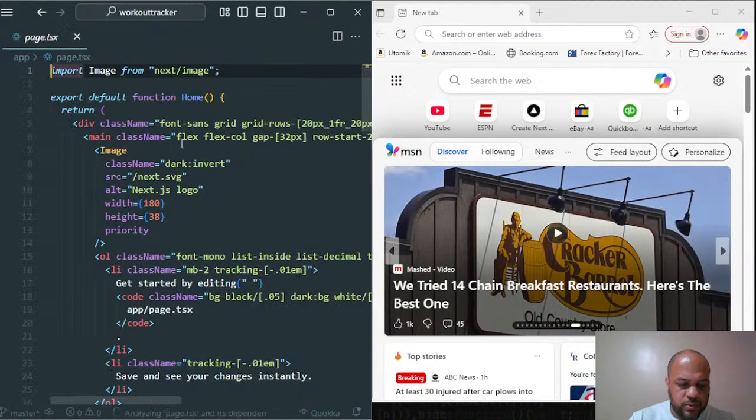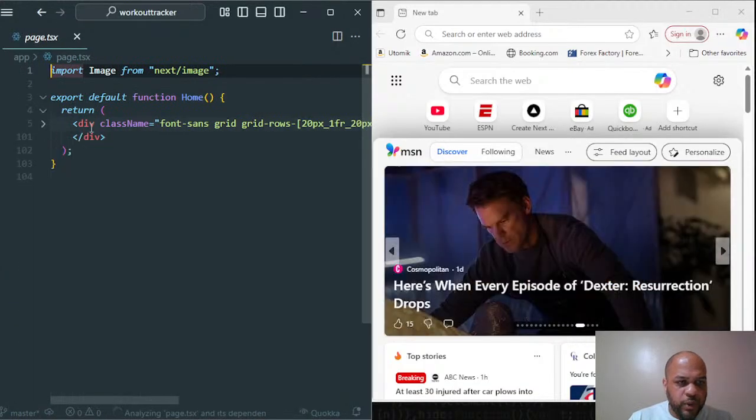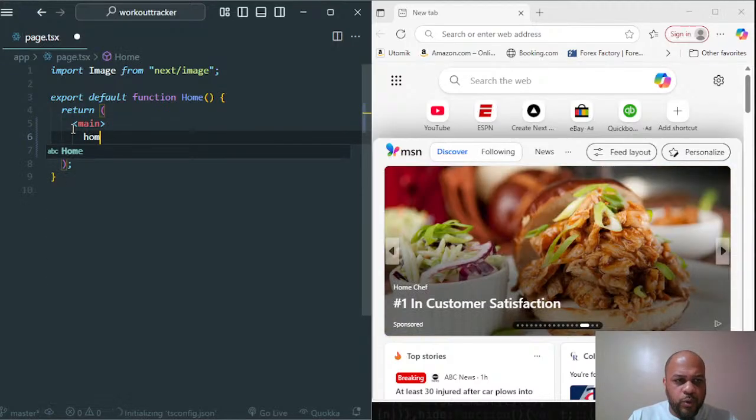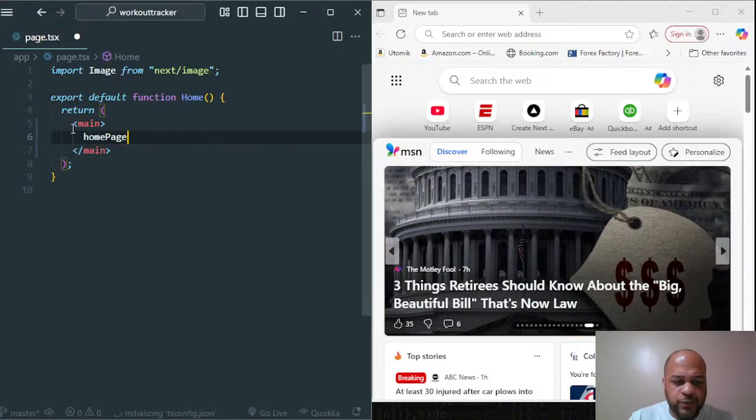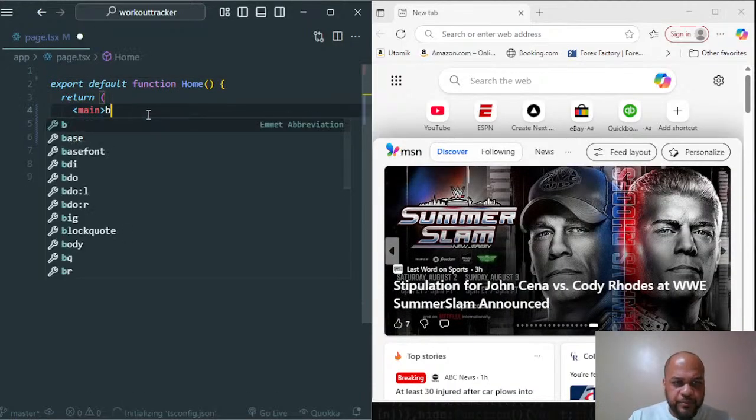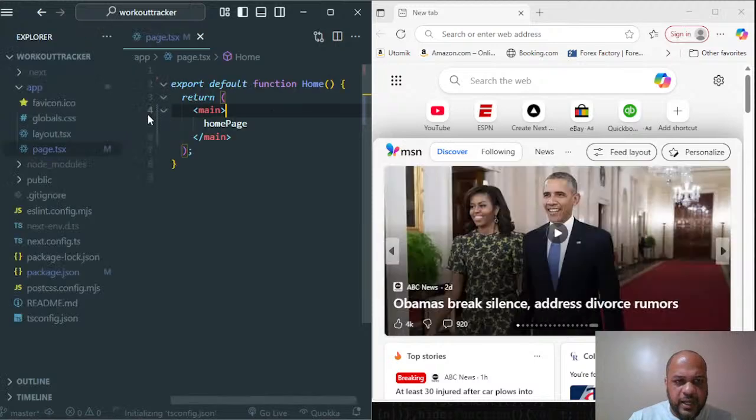Next, let's remove the boilerplate code from the page.tsx file, and we'll replace the initial div with the main tag enclosed with home page. We'll hit save. The last thing I want to do is update the